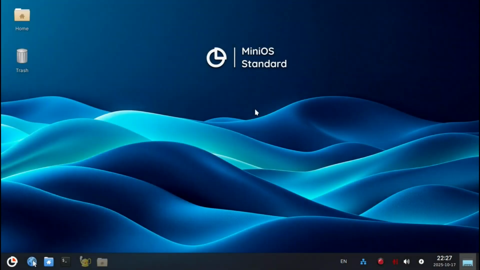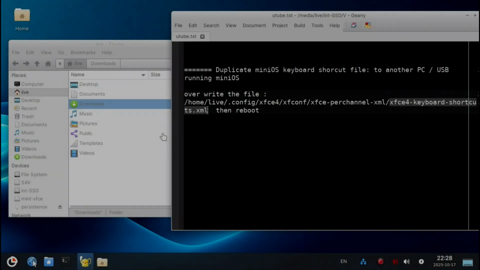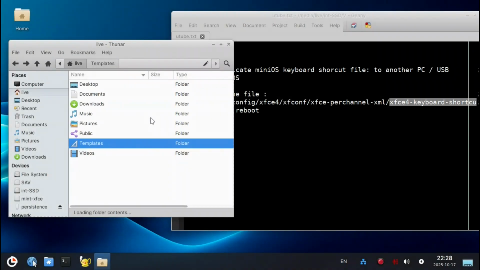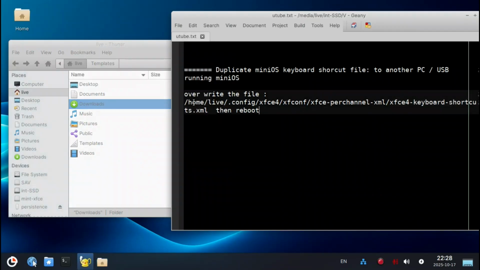I want to duplicate the keyboard shortcuts onto this machine by overriding one file, copying this file from the main computer to the secondary computer that I'm working on here, so that I can keep all the keyboard shortcuts that I'm used to. So right now I've copied the file from the main computer, this file which is in the home directory